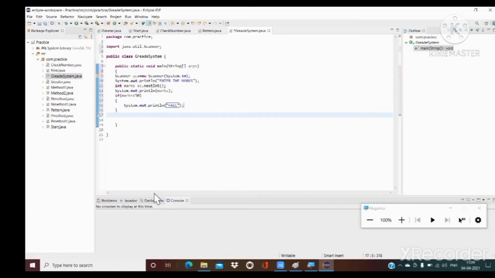After that we are taking else if marks is greater than 50, and here we are using the binary operator, which is the AND operator, for comparing two conditions, and marks is less than 60.